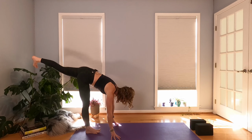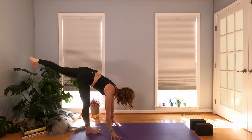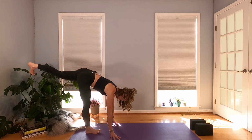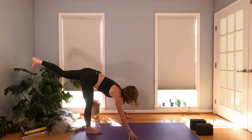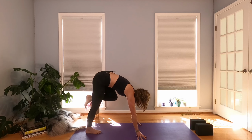I'm gonna work a little bit here. So you wanna push evenly through both heels. Yes. We got this. Okay. Now, you're gonna take your gaze slightly forward. Walk your hands forward. Drag your left knee into your chest, and you're gonna step your left foot forward into